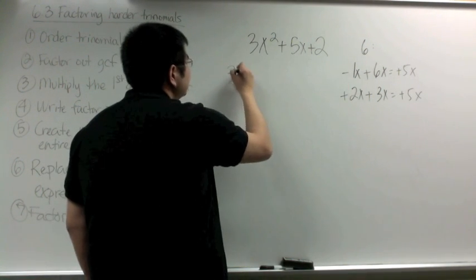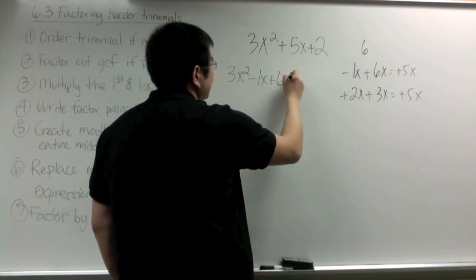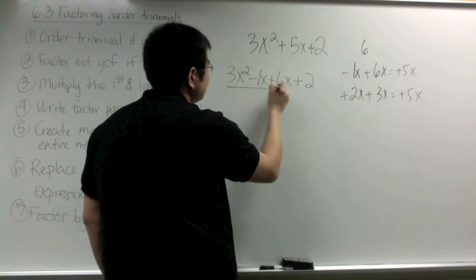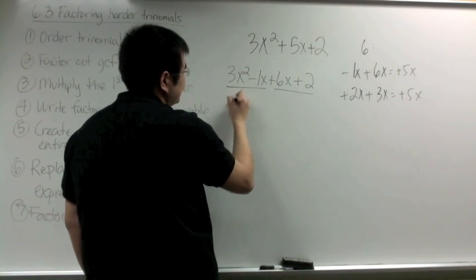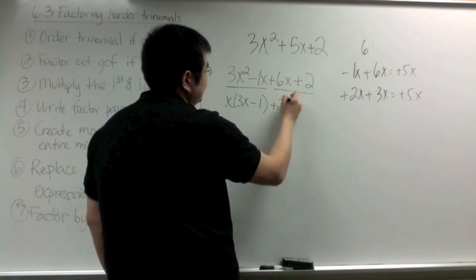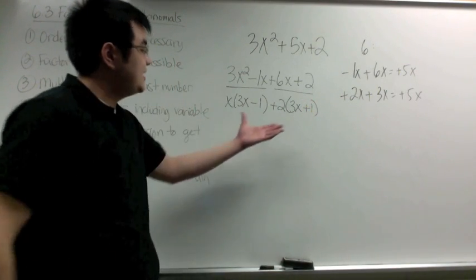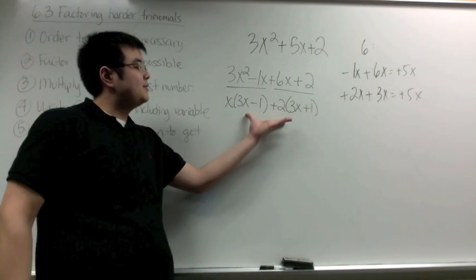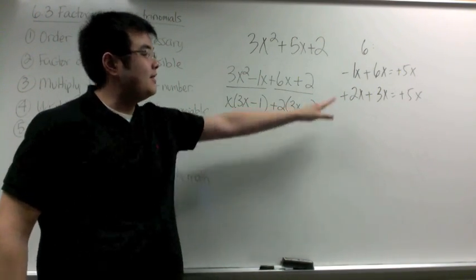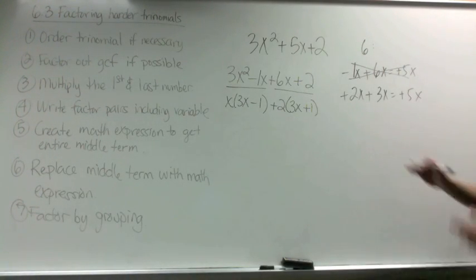If we use the first one, we'll get 3x squared minus 1x plus 6x plus 2. I'm going to factor by grouping. The GCF is x here, 3x minus 1. The GCF here is 2, so you get 3x plus 1. If you notice, there is no GCF between this entire term, so we know now that this is not the correct possibility to use. So we're going to use this one,